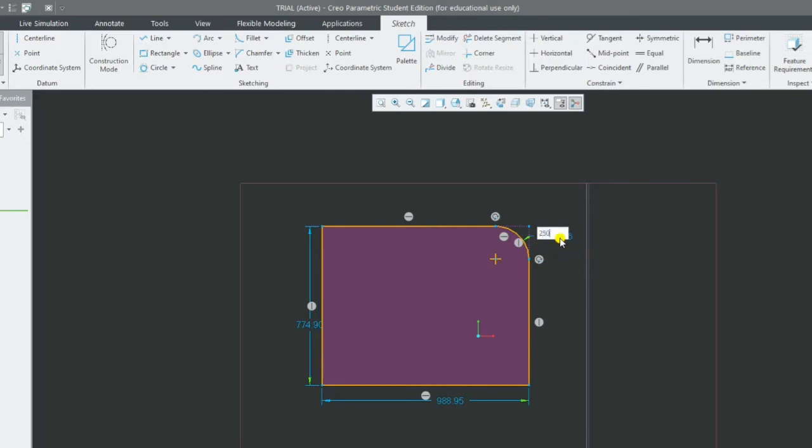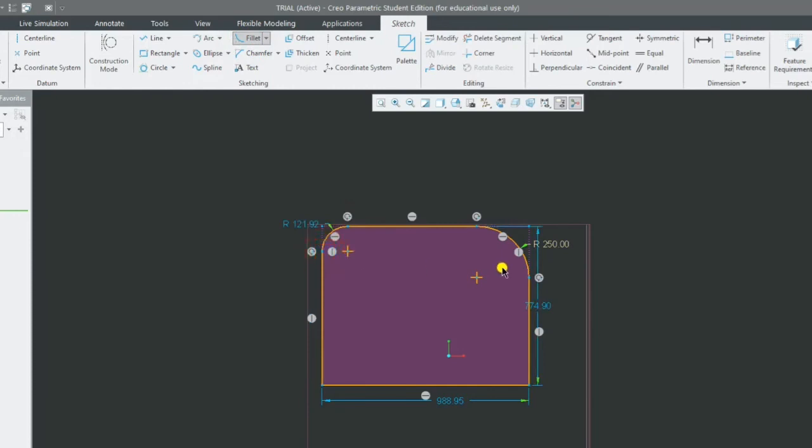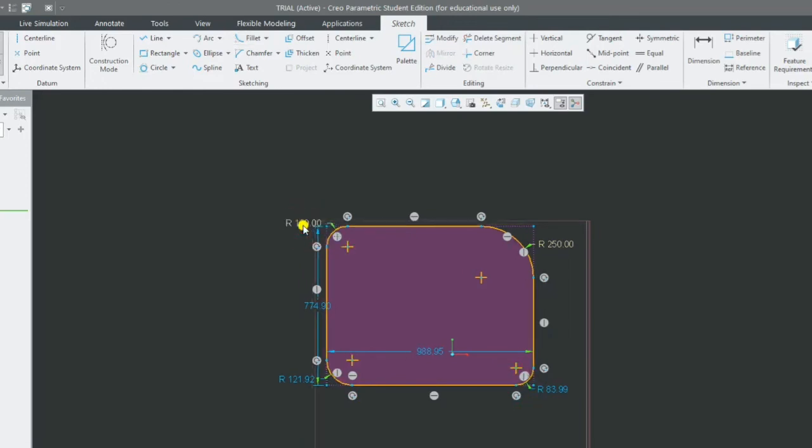You can make it 250 also, it will change. Like for different corners you can give different fillet radii. So we have 250 here, and let us say I want different fillets. Let us make this one 100, and this one 300, and this one 400.